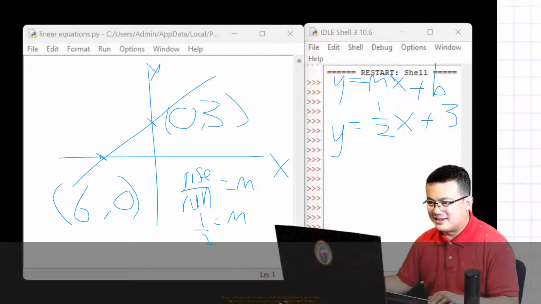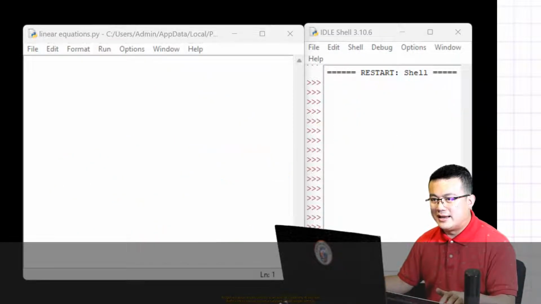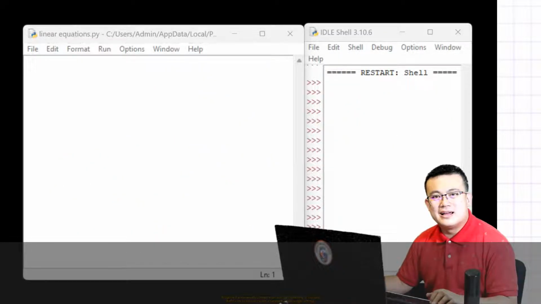Okay, we'll talk more about how that can be applied in the future, but let's have a look at how a linear equation can be plotted on Python. That way you can draw graphs on Python. You don't need a scientific calculator. Okay, let's have a look at this again. All right, so we're going to draw a linear equation using Python and Turtle.